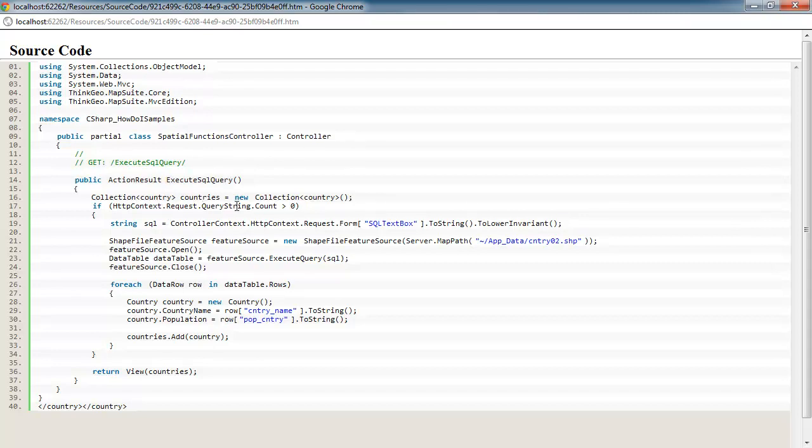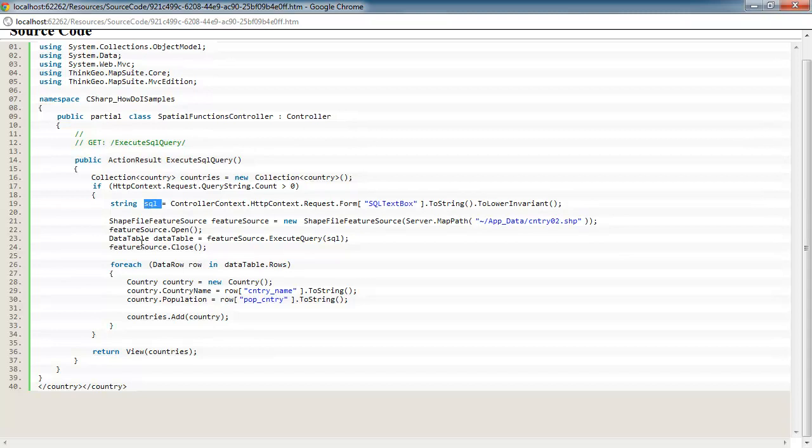And in here, the first thing we're going to do is create a new collection. And we're going to see if there are any query strings passed in here, because we want to get the actual text from our text box. So we've got our SQL statement that's been passed to the server side here. And then we're going to go ahead and get